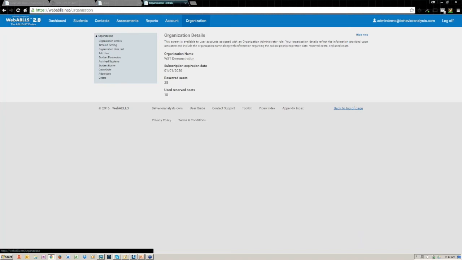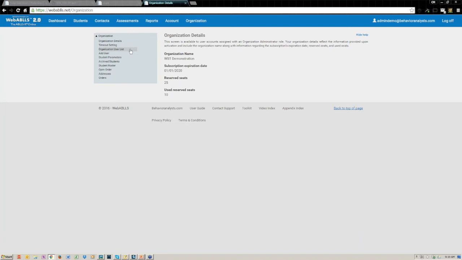When you click on the Organization tab, it will show the details of the organization in terms of the name and the subscription and the seats that are available. Over here in the Action panel, there's also a timeout setting feature where the admin user can set the timeout setting for a particular period of time or can opt to have that set by users. So if the user is given that control, then you would change that in your account user preferences.